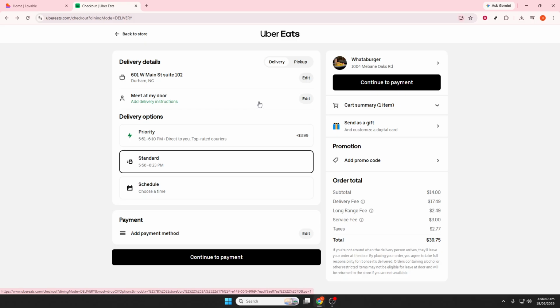So, to recap in a simple way, open Uber Eats, go to Orders, select the order, tap Help or Manage Order, choose Cancel Order, and then confirm. Just remember that your refund eligibility depends